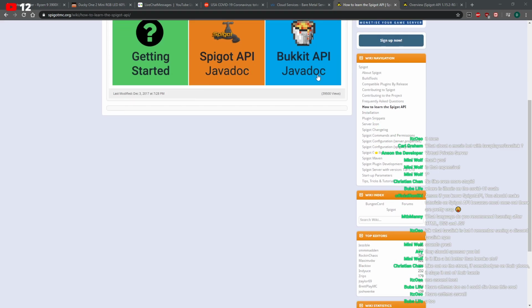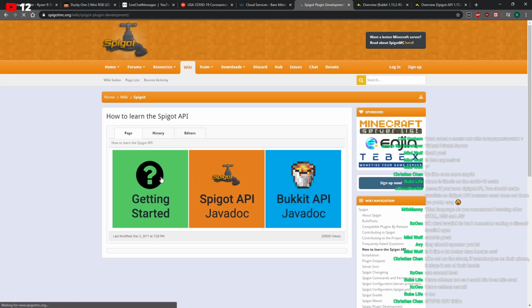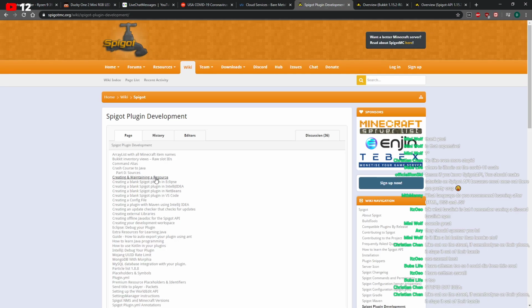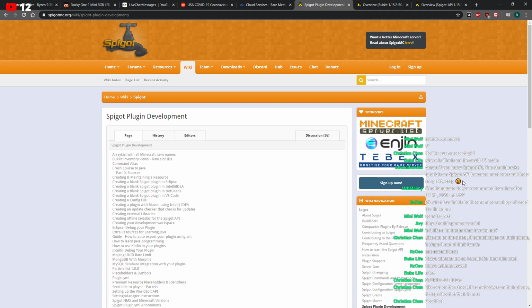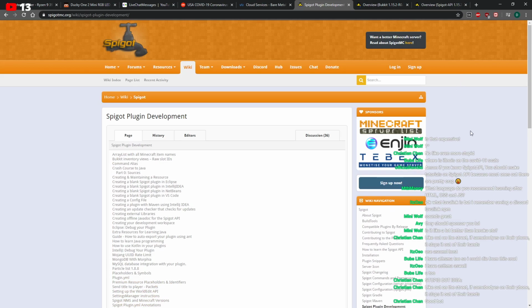Well, let's see. I know the Bukkit API, there was so much documentation for Bukkit and Spigot. But yeah, I think plugins are actually really easy to make, because all you've got to do is write the code and then build it as a jar file and then you're done. Yeah, maybe someday I'll do it. It's a good way to improve my Java skills, so I would definitely consider it.